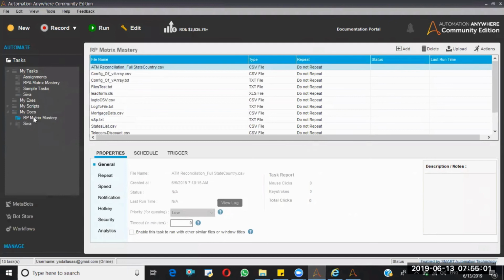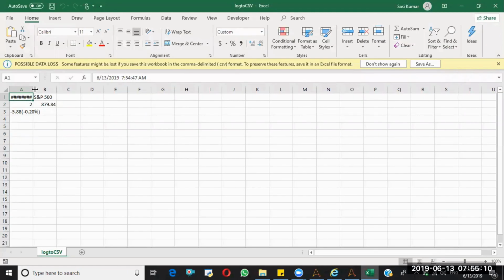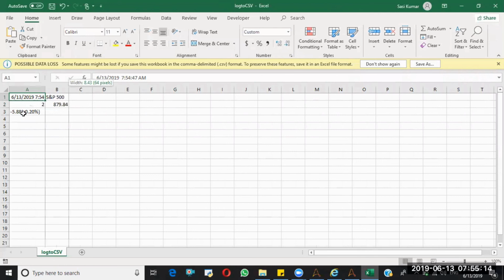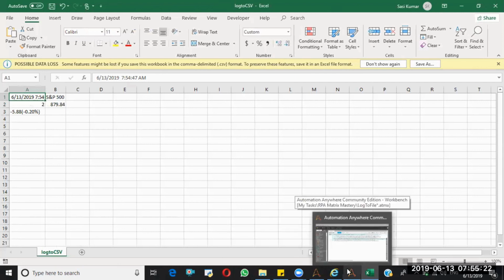Now, yes, log2 CSV. See, it has been logged into the CSV file. The reason it is not giving a certain format: what is CSV? CSV means comma separated values, right?